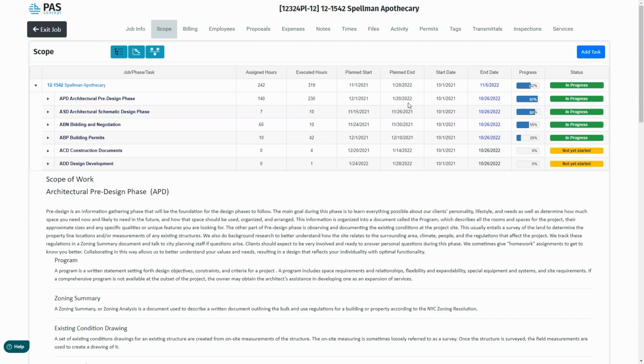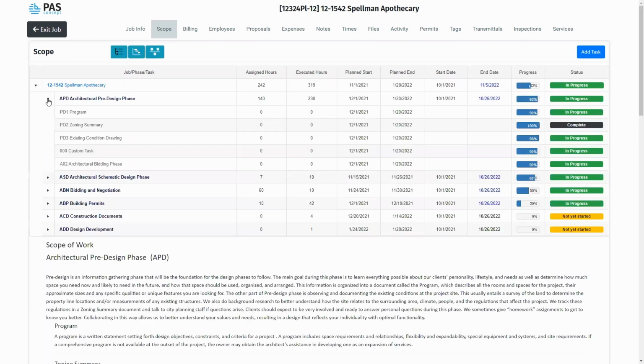And of course, you have the planned start date and the planned end date. You have the actual start date and the prospective end date in regards to these individual items. Now, let's go one step further, shall we? Here, we can see all the individual tasks. It looks as though there's been individual dates being assigned.